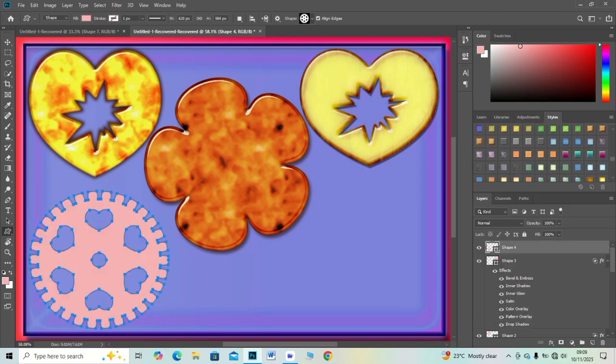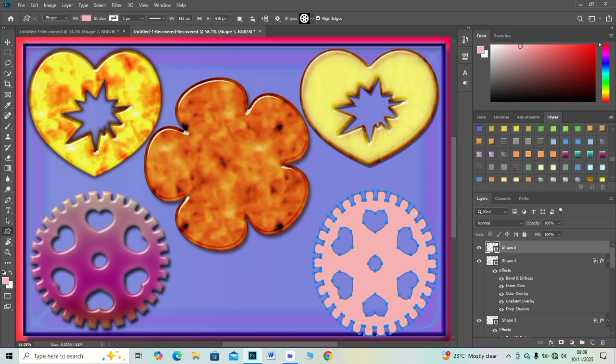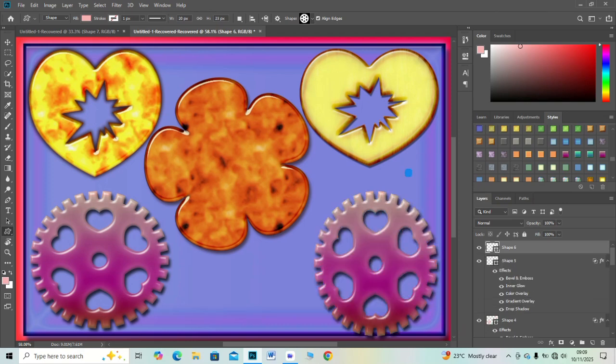Add small particles for atmosphere. These gradients mimic real neon tubes, perfect for futuristic banners or reels. Add a dark vignette to enhance the glow. Your neon looks ultra